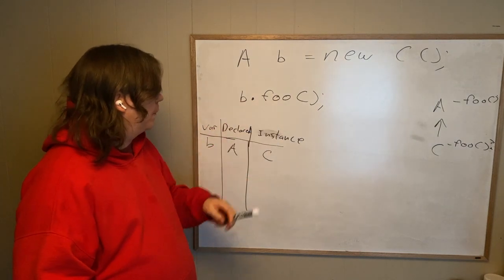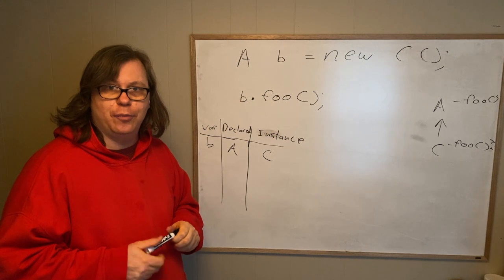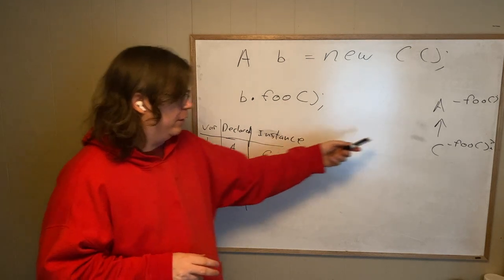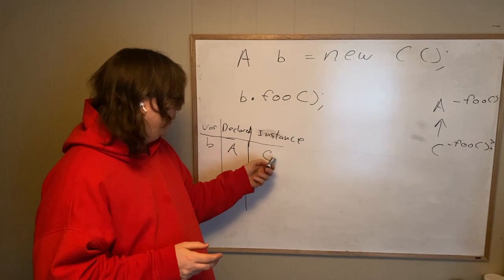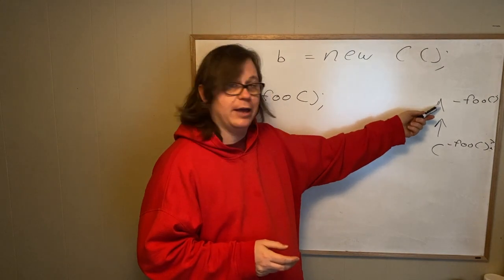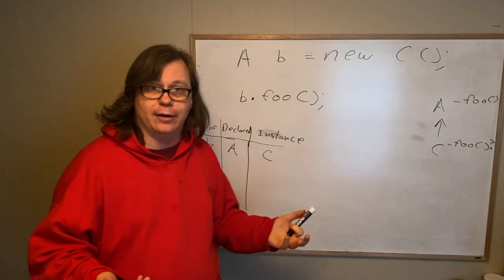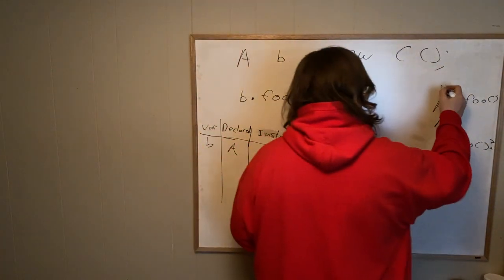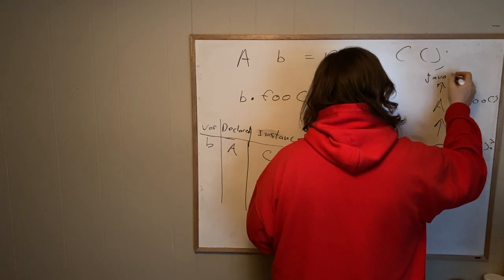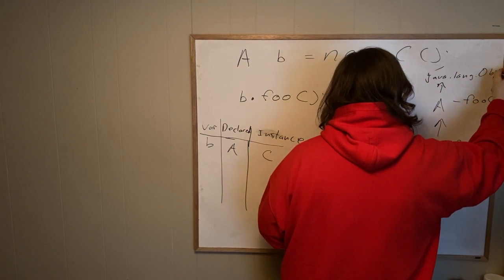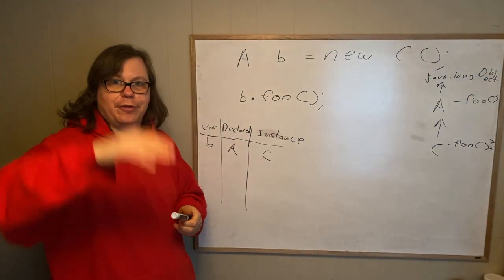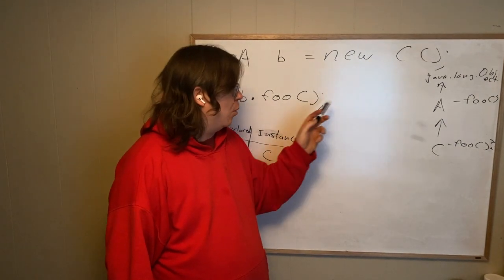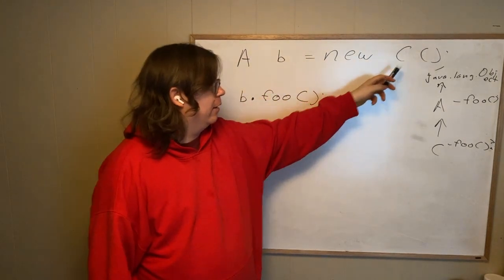So when we say b.foo, where do we look for the foo method? Well, it's quite simple. We look at what the instance is. So we look in the C class for the foo method. If the foo method is there, we call it. If it's not there, we look at the parent. In this case, it's A. And we look for the foo method there. And assuming it has a body, we'll call that one. If it's not there, we'll keep looking up. This ultimately extends from java.lang.Object. So we'll go all the way up the hierarchy until we find the one that matches. That's polymorphism, because what's going to happen depends on what kind of thing we created here,